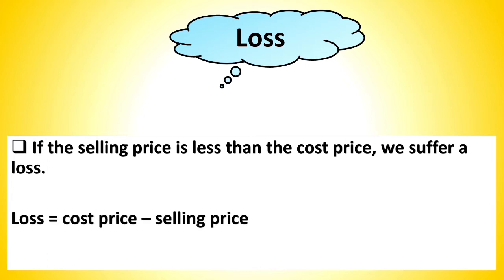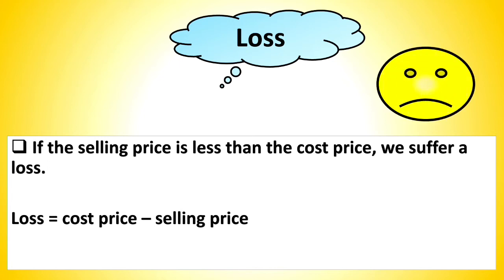And the formula for the loss is cost price minus selling price. The cost price of the pencil was 5 and the selling price of the pencil was 4. So here you made a loss of 1 rupee. When we suffer a loss, we feel sad. Now children,